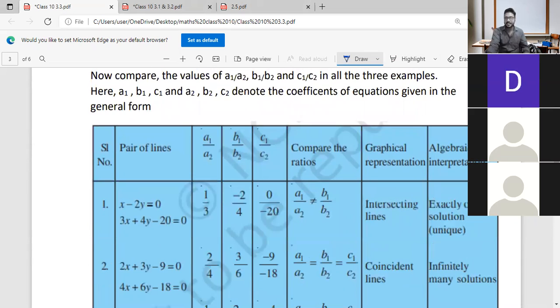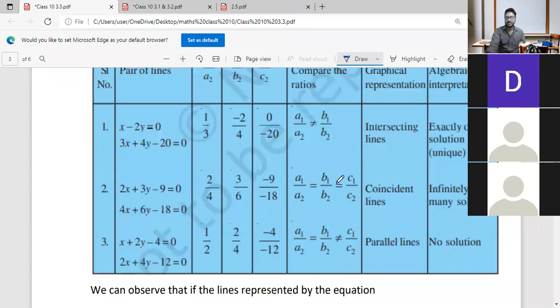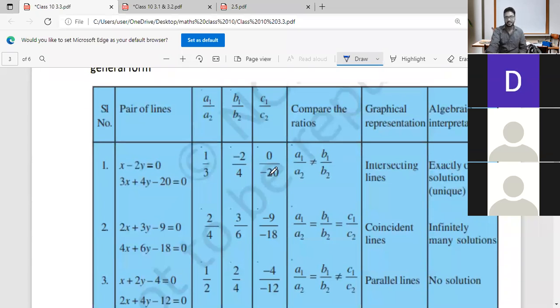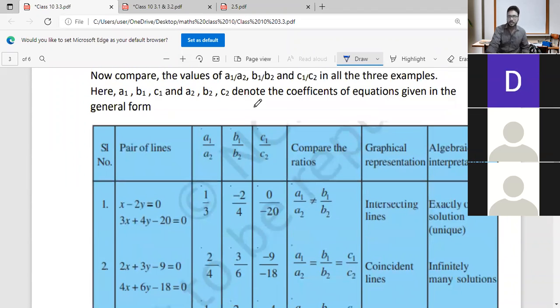If we were in a real class, I should have made all of you draw this on the board. Some interesting activities could be given. See, a serial number, and let us see the columns. A pair of lines. First of all, we are calculating the ratios a1 by a2. We know the general form of the equation of a pair of linear equations. Yesterday we have seen that. Can anybody tell?